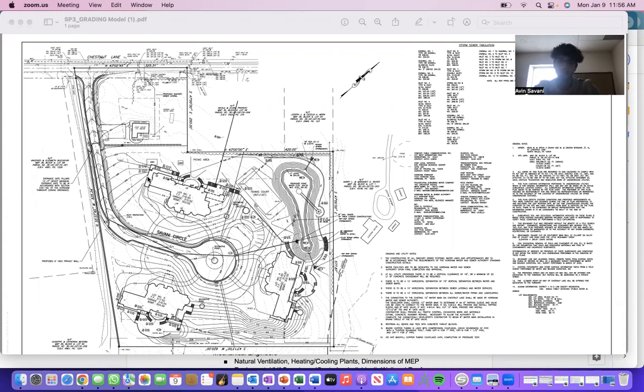And for the grading, obviously you need to have all the utility lines already installed underneath. It needs to basically be a paper lot, right? It needs to be developed and ready to go for construction. So that's what this quick one-page layout explains.